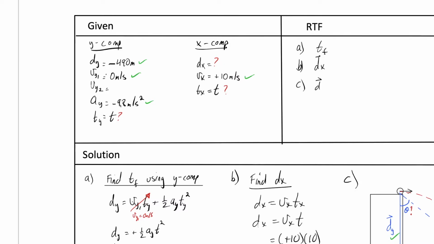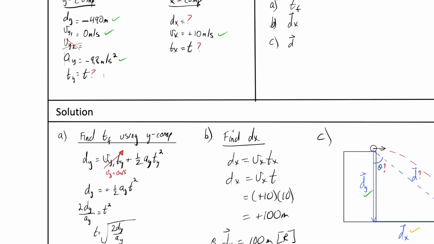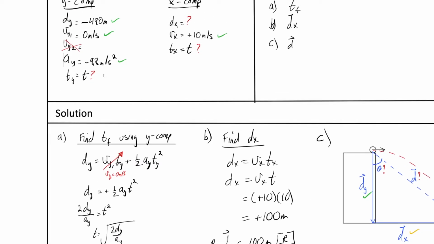So we have to look at the y. And if we look at the y component, we have three known parameters. We have the dy, the Vy1, and the acceleration. So we can easily find time by looking for the one formula that does not have Vy2 in it. So Vy2, we don't need. And of course, the only formula that we have that does not have Vy2 is dy is equal to Vy1t